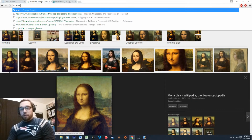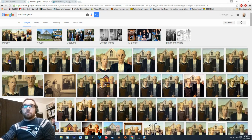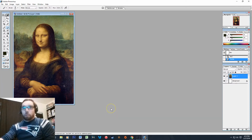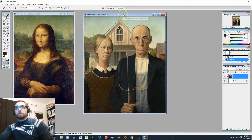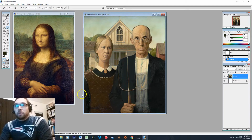Also for American Gothic, if you just go to images right away, the first image result is a pretty good one also. It's actually pretty huge. It would appear I clicked the wrong thing there for a second. My mistake. Anyway, again, whether you choose to do American Gothic or Mona Lisa, make sure you're saving the image to your student folder. Now, you want to use these as a base to build off of